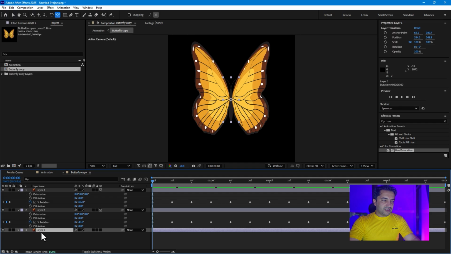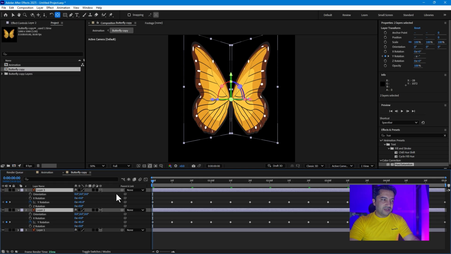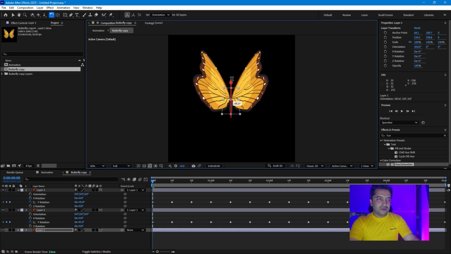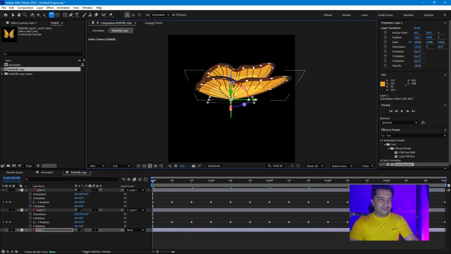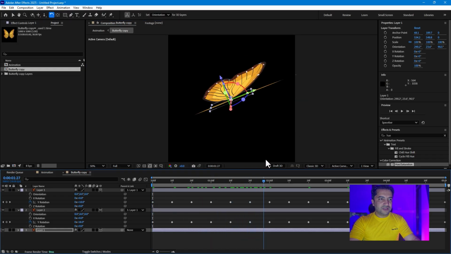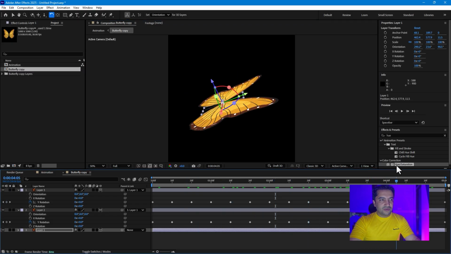And now don't forget, select the layer one, the first layer, turn on the 3D, and select both layers parent link to the layer one. And now you can make in 3D view like this and rotate like this and make a little bit of play now. Here you can see like a 3D view. So guys, don't forget,